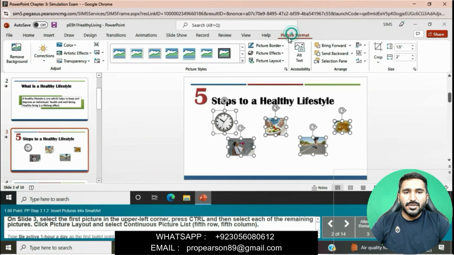Go to the picture format tab. Okay, now we will select continuous picture list.